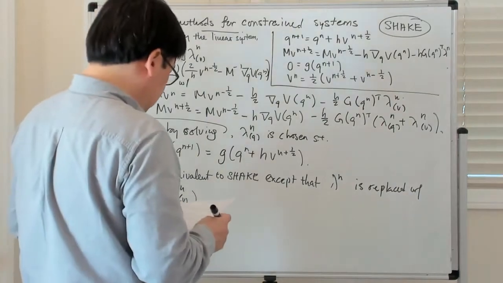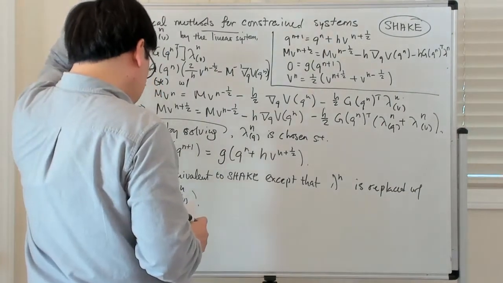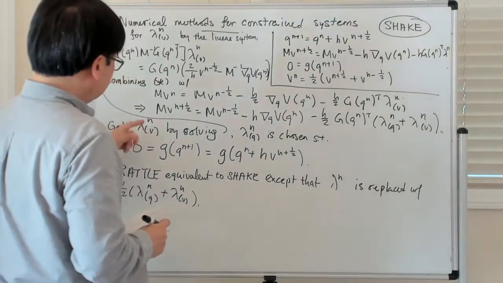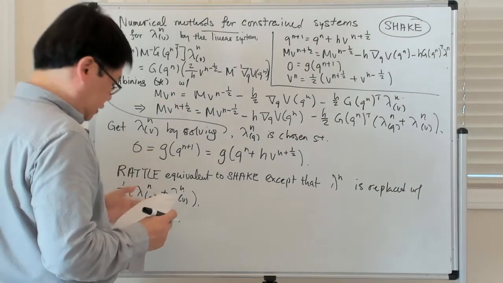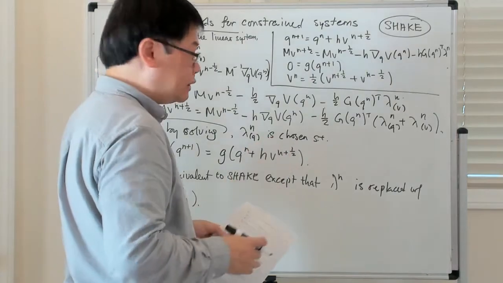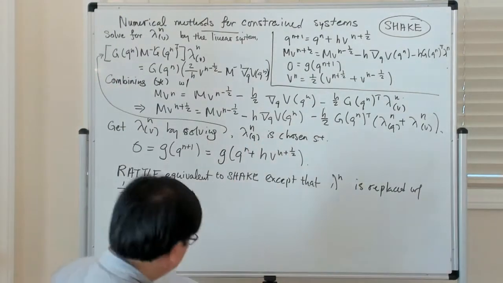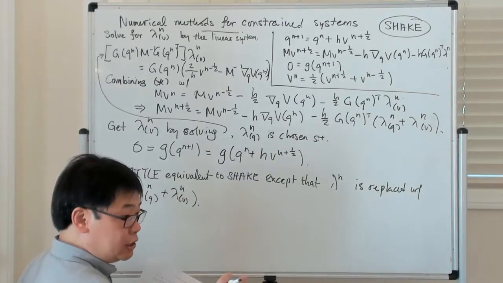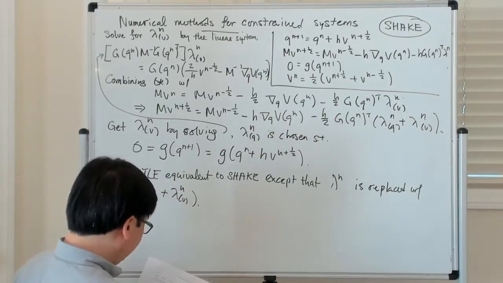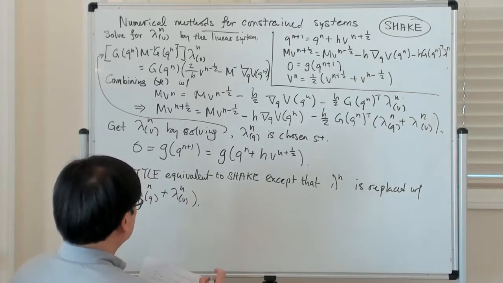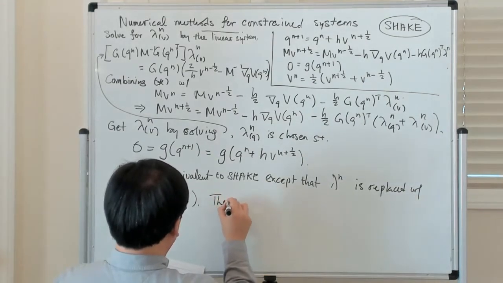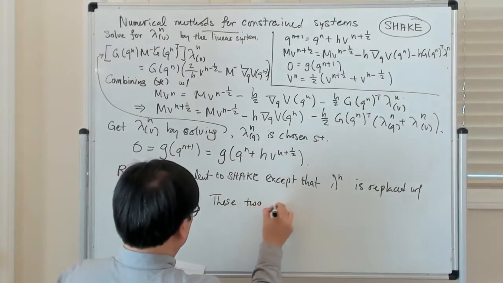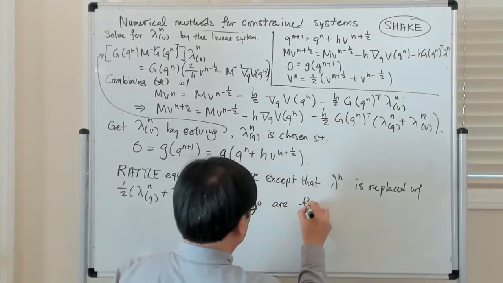The difference, if you will, is what happens to the velocities at the integer time steps. But if you view them as this mixed position at integer, velocity at half integer thing, then the methods are equivalent. These two are formally equivalent